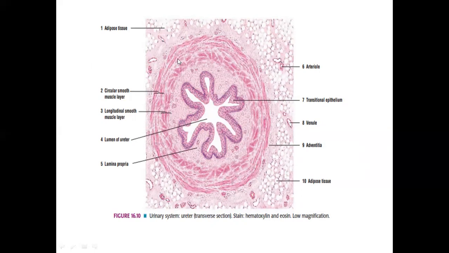And then here in this micrograph, there are two muscular layers of muscularis externa: the inner longitudinal, appearing in cross section, and then the spindle-shaped cells are the outer circular layer in this particular area. And then outside, there is connective tissue with lots of adipose tissue and blood vessels forming the adventitia.